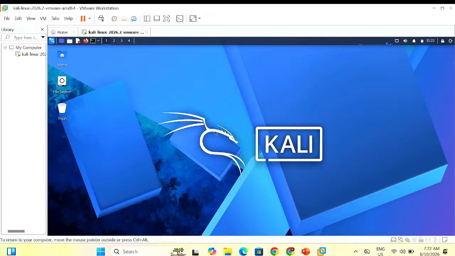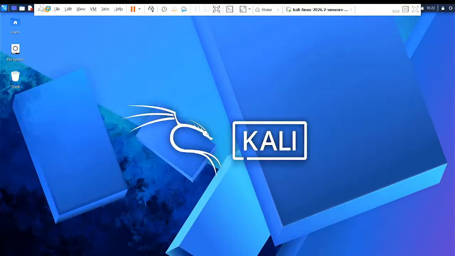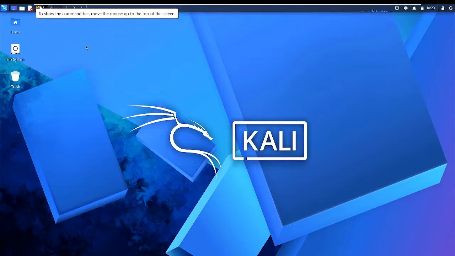So this is the Kali Linux system. The first thing you need to know about the Linux system, as a cybersecurity professional, is the terminal, or CLI, command line interface.